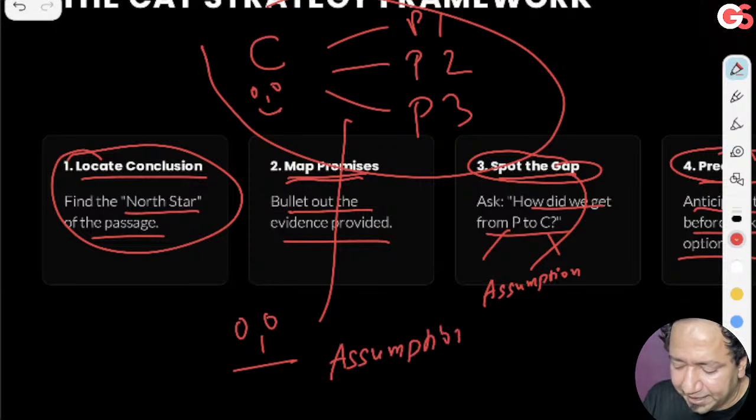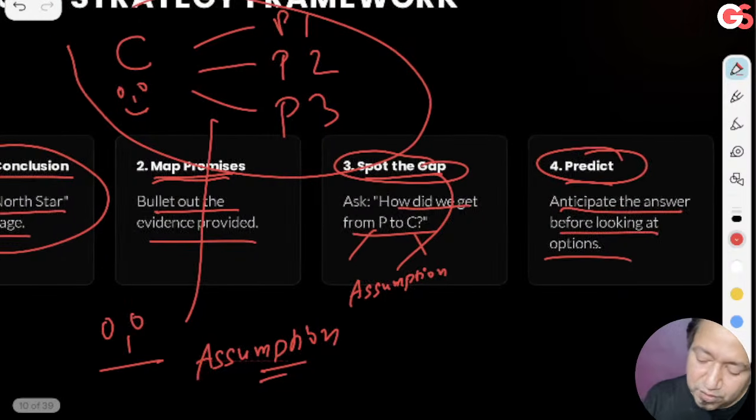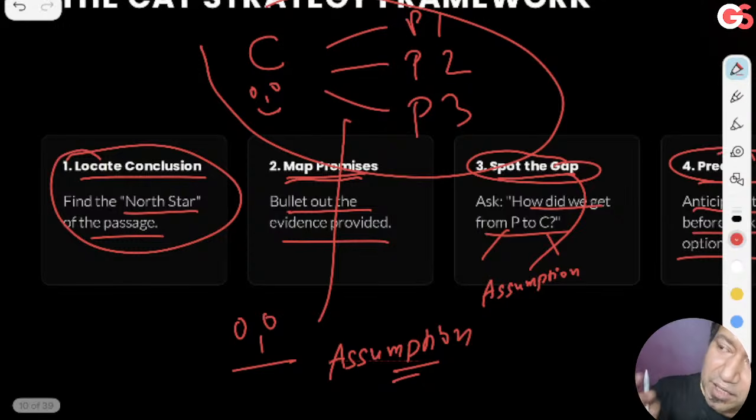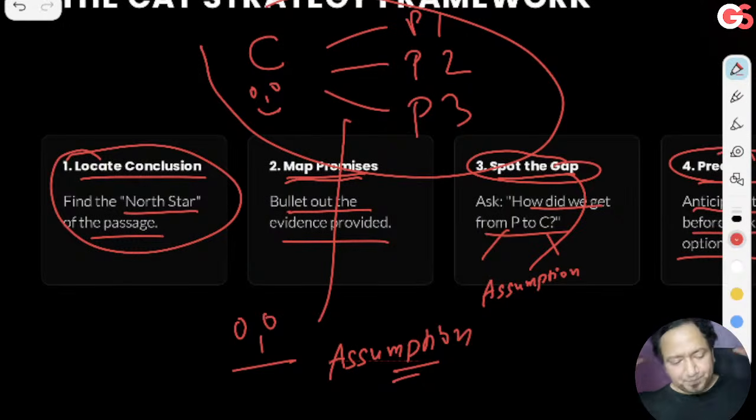And once you identified that, now your goal is to predict what all things can be correct answers. Now, why do we do that? We do that for one simple reason. If we predict all possible answers, then when we look at the statement and these option statements, we will not be biased, will not be confused. ट्रैप में हम नहीं फंसेंगे। क्यों? क्योंकि हमारे दिमाग में पहले ही मालूम पड़ जाएगा कि ये दो तरह की बातें ही आंसर हो सकती हैं। फिर जब पैसेज पढ़ोगे, जब ऑप्शंस पढ़ोगे, मालूम पड़ेगा कि वो चार चीजें थी, उनमें दो तरह की बातों में कोई एक, सिर्फ एक ही ऑप्शन है वो हमारा सही है।